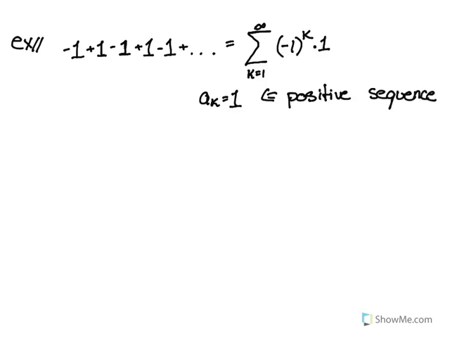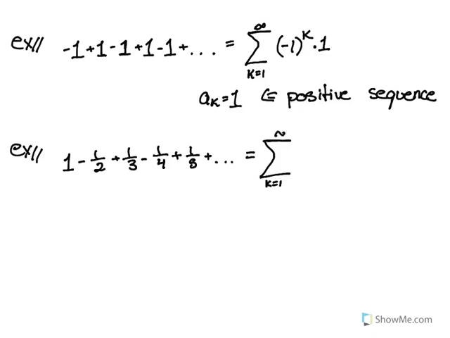Okay, another example we may have is something of the form 1 minus 1/2 plus 1/3 minus 1/4 plus 1/5, and so on. And this is the alternating harmonic series. We know the harmonic series is 1 plus 1/2 plus 1/3 plus 1/4. Here we're alternating the terms. So this can be written in sigma notation as,